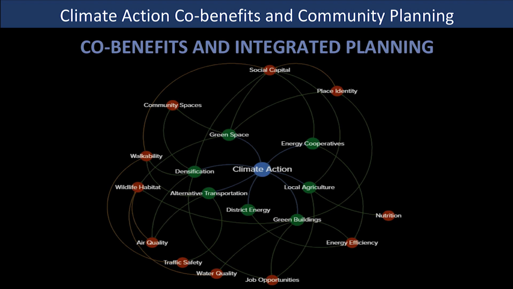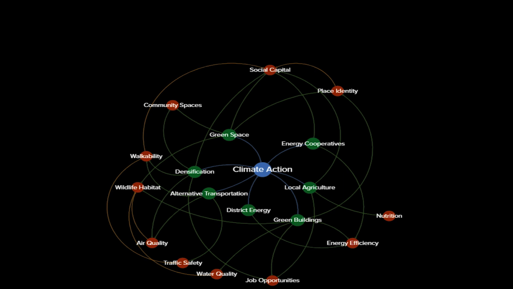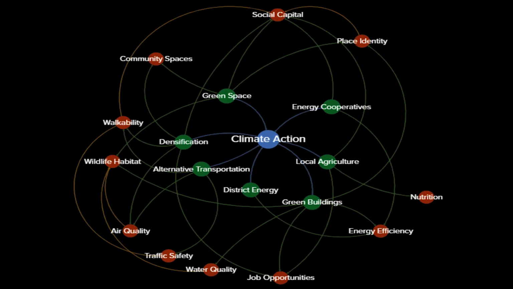These co-benefits are actually relatively intuitive when you look at them piece by piece, but there are an absolute multitude of them. And then there's benefits associated with other benefits. So what happens is if you actually start drawing the connections between the bunch of them, then you end up getting something like this, the systems model. We did this as a bit of a proof of concept project a couple of years ago where we made this relatively simple systems model mapping climate action strategies and co-benefits to show that it's a really useful perspective for doing climate action in an integrated planning sense.